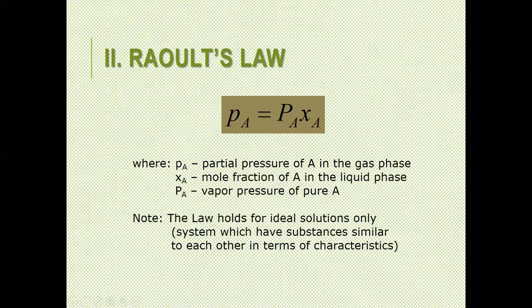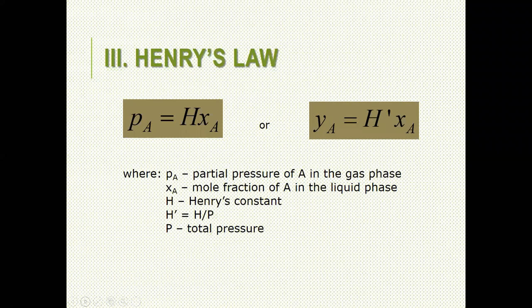So the most common ideal system mentioned in the textbooks that we are using, for example, Geankoplis and McCabe, is benzene-toluene. It's an ideal system. But there are other systems that are also ideal. But the thing is, the problem has to specify it. If not, you have another equation to use, as I have said, and you will be safer with that particular equation. Now, that equation is Henry's law, an alternative equation that can establish equilibrium between phases in your system.